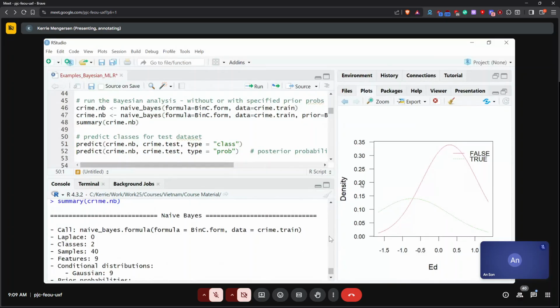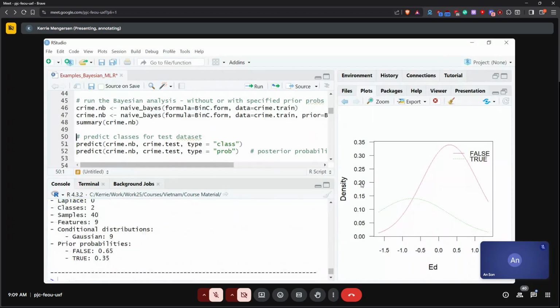And it also tells me what the prior probabilities are that I used here. Because I've just let it use the default prior probabilities, it's used the proportion of yeses and nos in the data set. Okay, please tell me if you have a question or a concern, because I can't see you so easily.